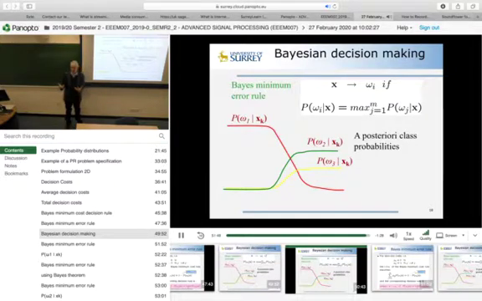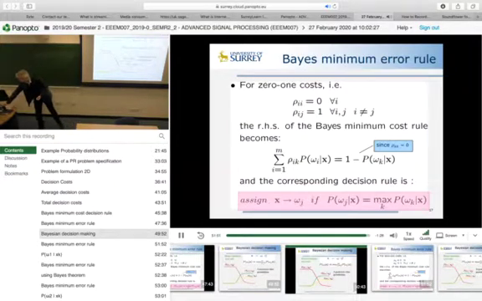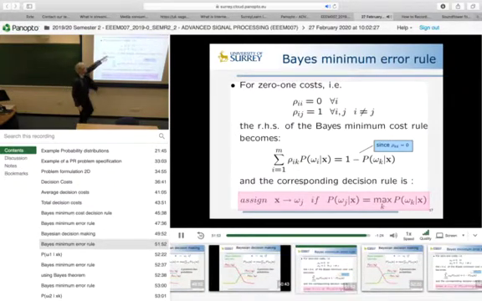Whereas for a medical example, if I go back to the previous slide, this is not very realistic, because there is a cost for misdiagnosing somebody as possibly having a disease. They would have to go for an additional check, they would be worried, but hopefully the additional check should confirm they don't have that and they're fine. But if you miss somebody that does have the disease, this is very serious for them, and so there's a